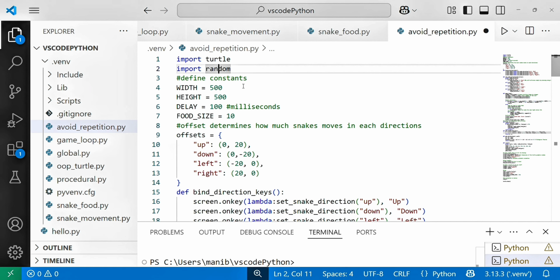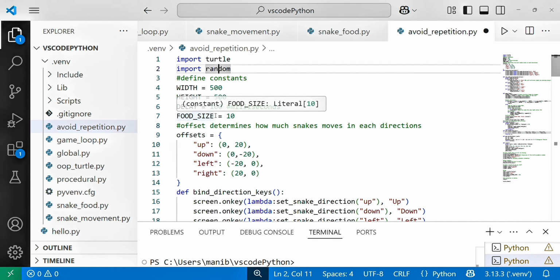So let's define the constants. For window width I am taking 500 pixels, but if you want it bigger, you can take 1000 pixels. Height is also the same.